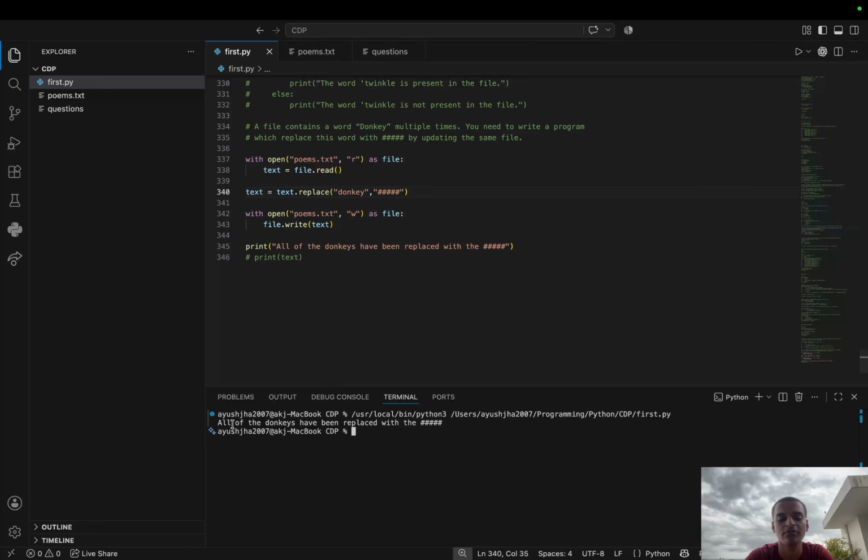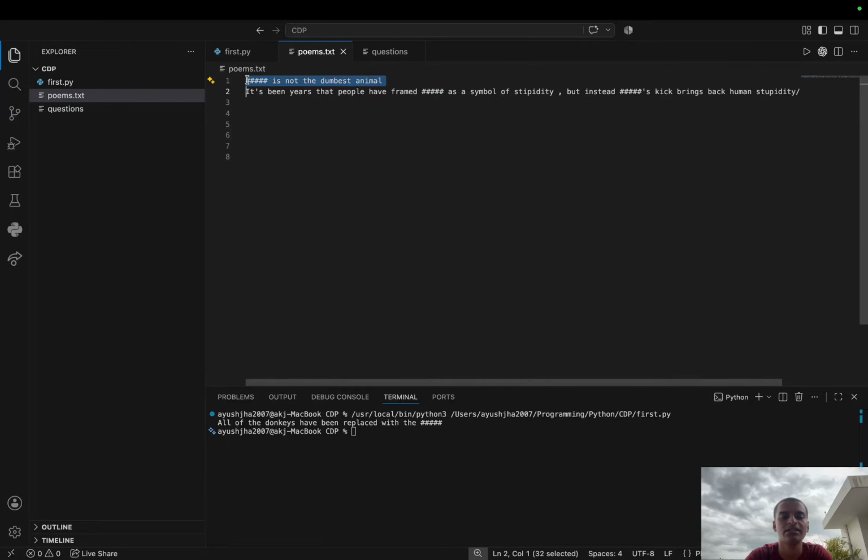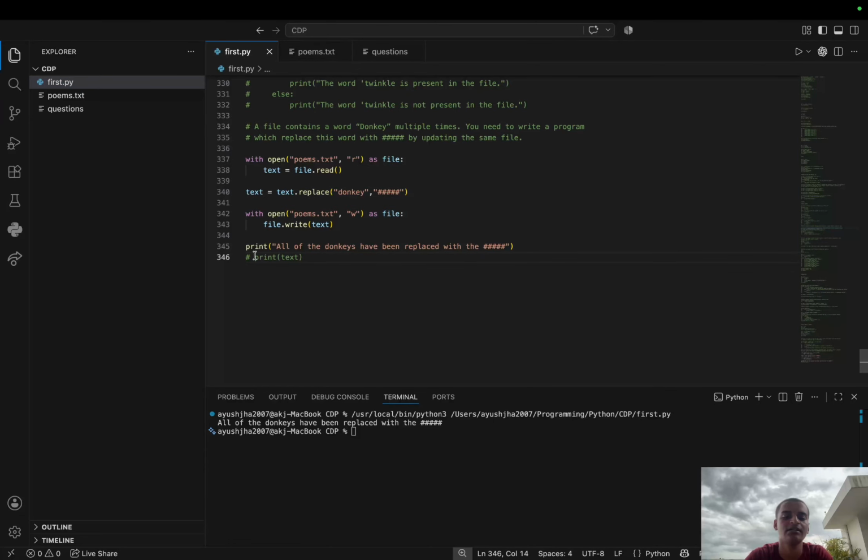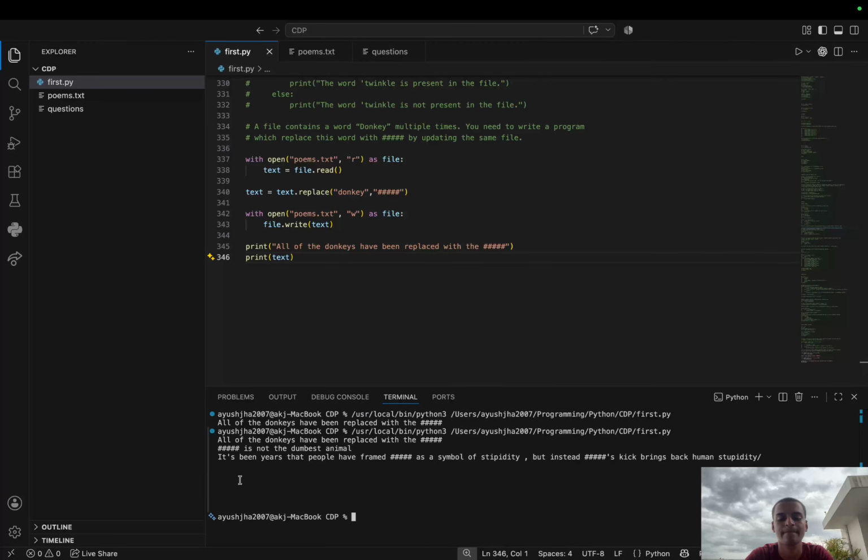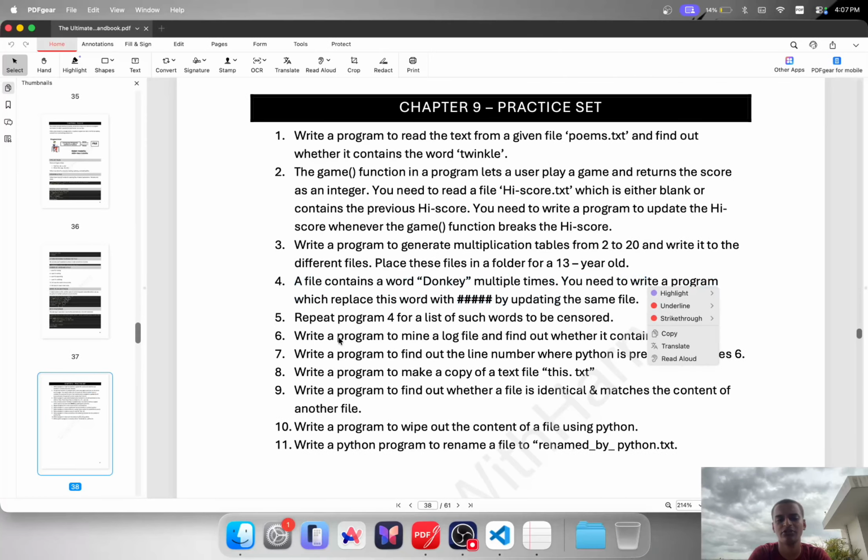अब देखो चेंज होता है कुछ, ऑल ऑफ द डोंकीज हैव बीन रिप्लेस्ड विद, देखते हैं, चेक करते हैं। देखो ये हमारा चेंज हो गया, ये भी हमारा चेंज हो गया, ठीक है। डोंकी, बट इंस्टेड डोंकीज ऐसा था ना, तो ये भी चेंज हो गया। अब अगर हम इसको प्रिंट करना चाहें, तो देखते हैं क्या रिजल्ट आता है। इट्स बीन, देखो, ठीक है, मतलब चेंज हो गया है। ये था हमारा ओवरऑल क्वेश्चन, और बाकी क्वेश्चन आप खुद से देख सकते हो।